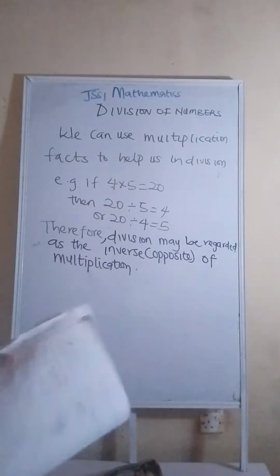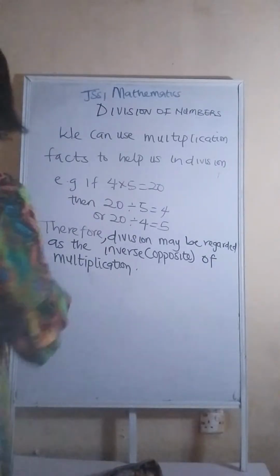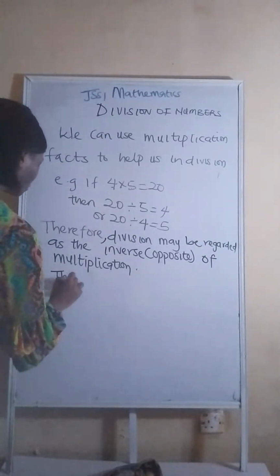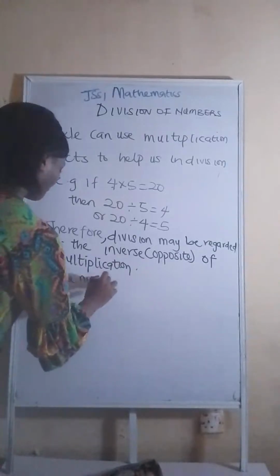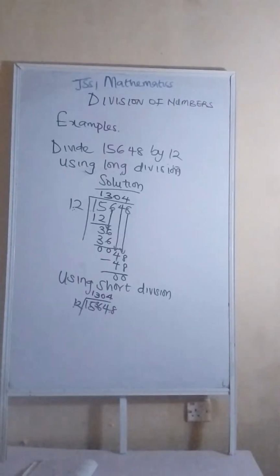I'm so sure you get it now. So now let's continue. So they said the number to be divided is called the